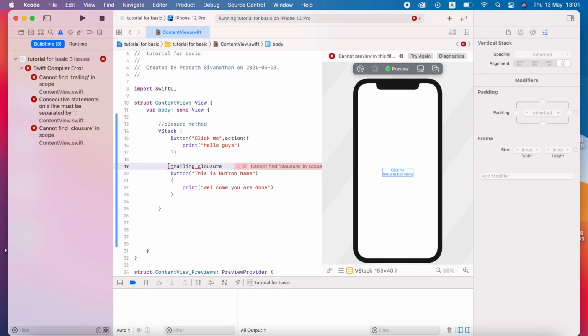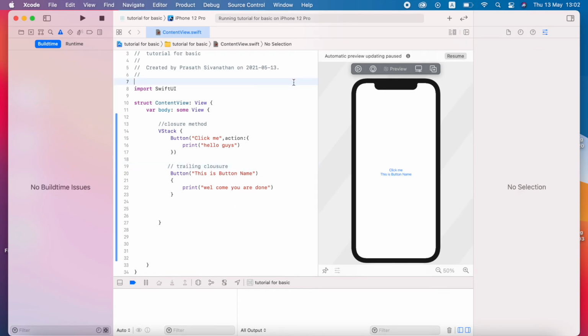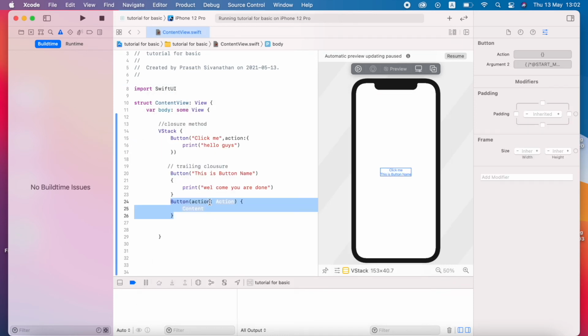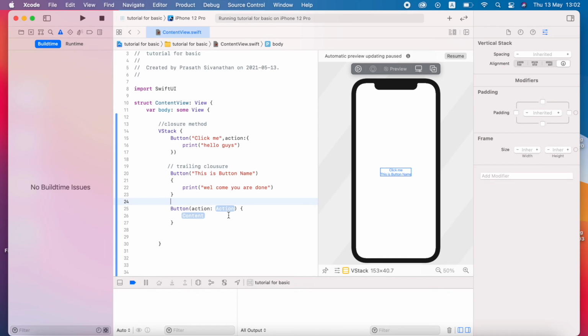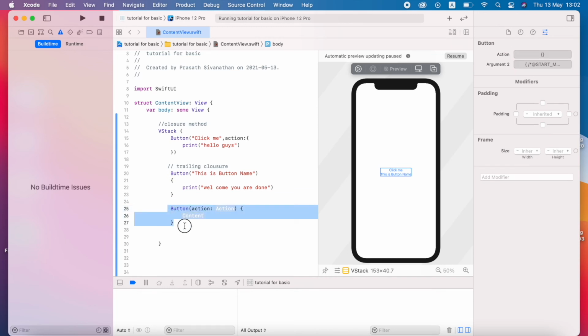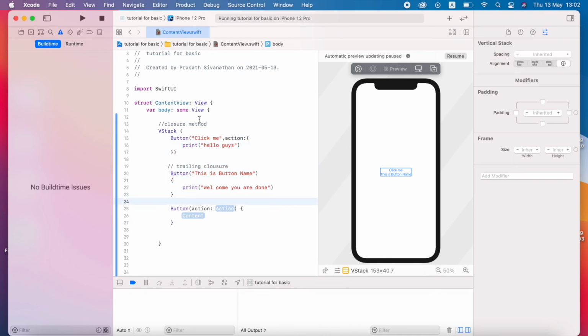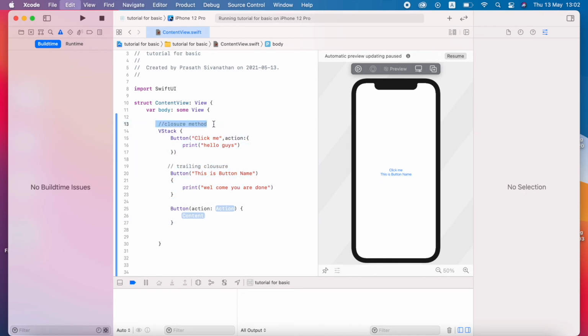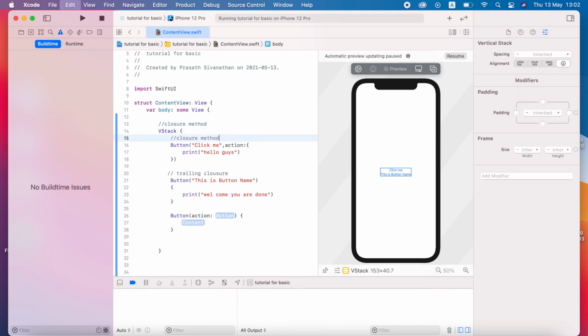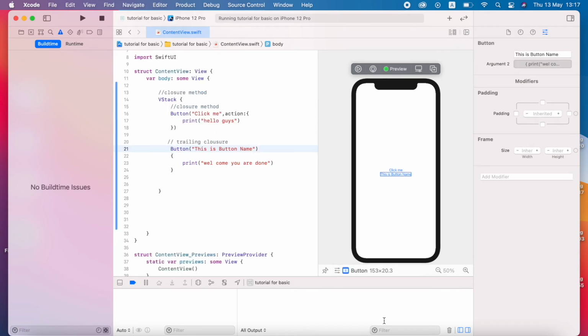That's all for this button. I just comment the line. If you want, you can add the buttons from the UI view. Just go to the top right, there is one plus button. I click the plus button and drag and drop the button over the UI and that will appear here. So here you can change the button however you want, like I did before. You can make that a closure method, or a trailing closure method. Whatever is possible, you can do it.